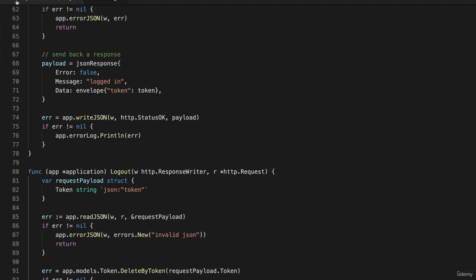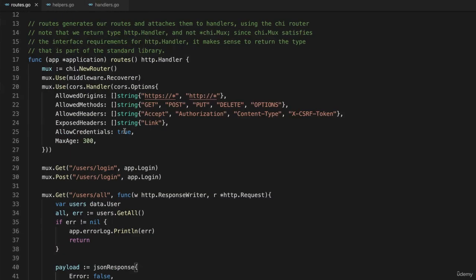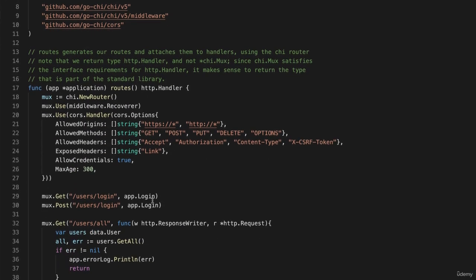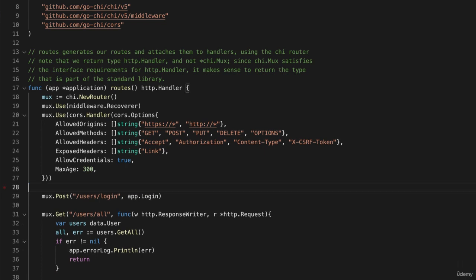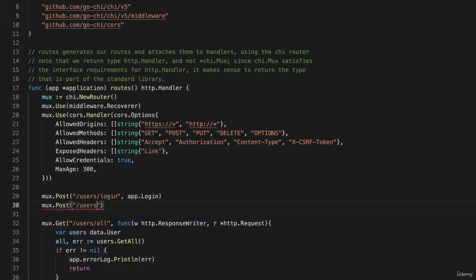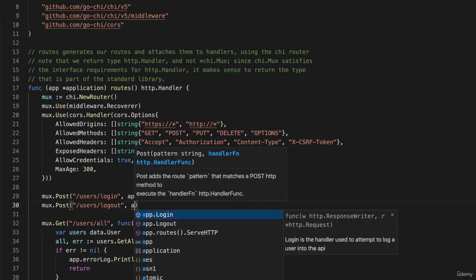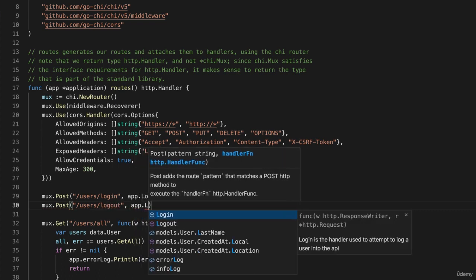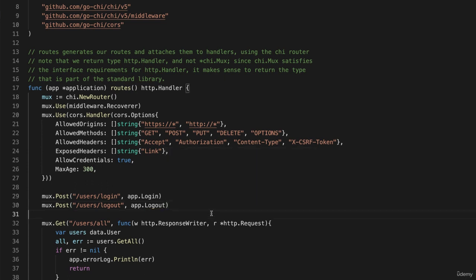Now let's go to the routes, because we have to have a route to this handler. And I'll go to the top. And I can get rid of the get route for users login, because we just used that for testing, so that's gone. And now I'll add a route, mux.Post /users/logout. And that goes to app.logout. Right there. Okay. So now I should be able to restart my back end, and the back end is finished,